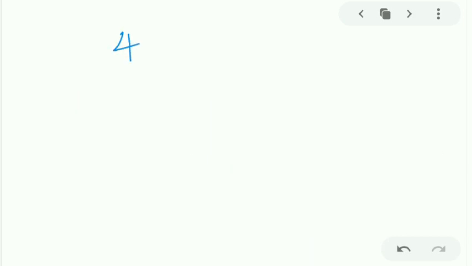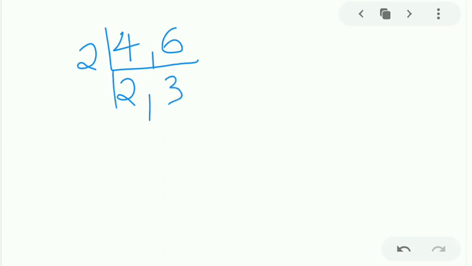Divide by the least prime number which divides at least one of the given numbers. It is important: at least one of the given numbers. Here it is 2. In both cases, 2 is divisible. Then 2 twos are there in 4, 3 twos are there in 6. Like this, do the same in the next step. Take the least prime number which divides at least one of the given numbers. Here we have 2 again.